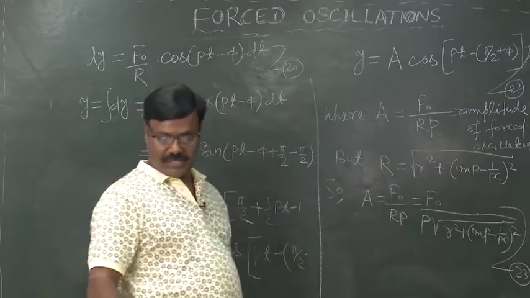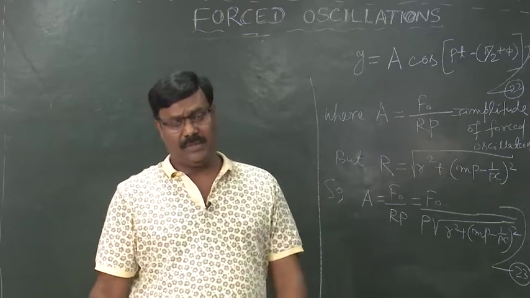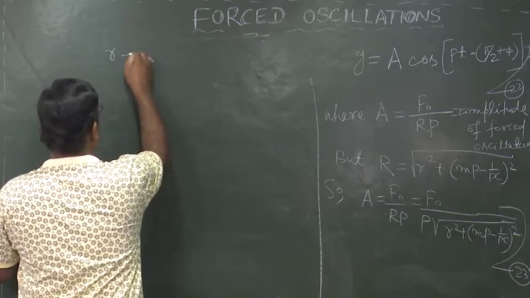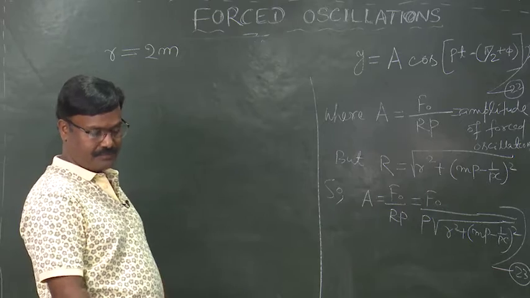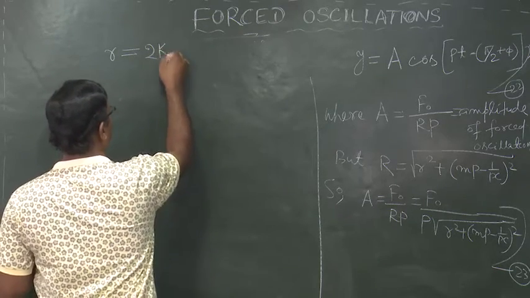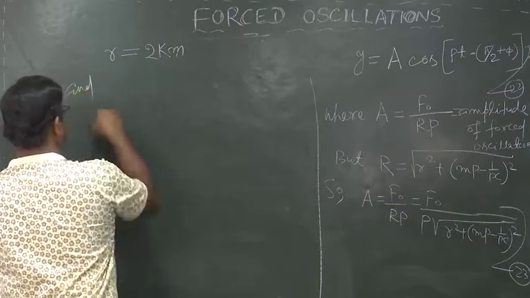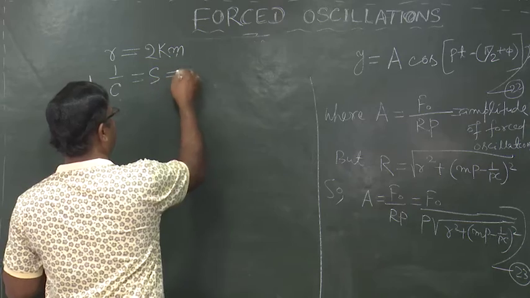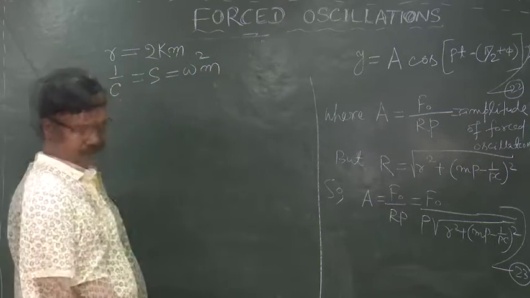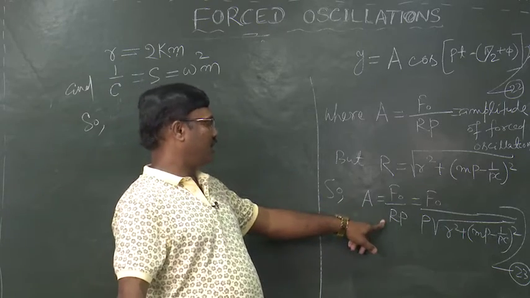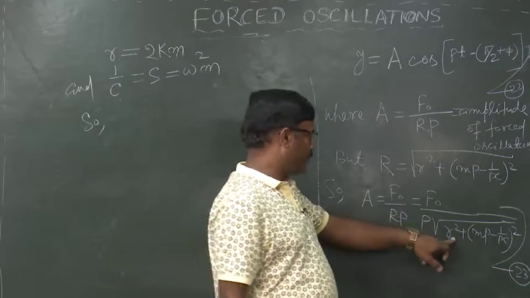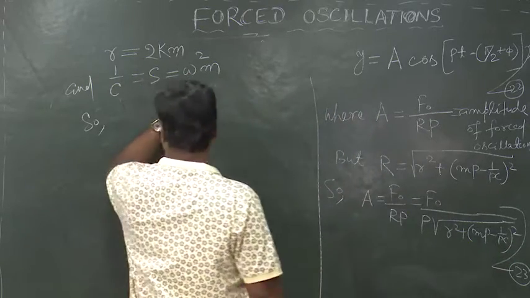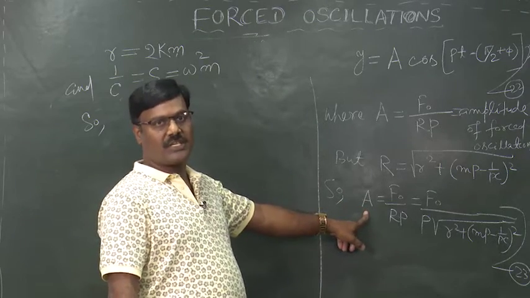Equation 23. From the beginning, where we have taken the first differential equation for forced oscillation, we have taken R is equal to 2km, and 1 by C is equal to S is equal to omega square m. The amplitude for forced oscillation now becomes, in place of small r we will write 2km, and in place of C we can write omega square m. So the expression for the amplitude of forced oscillation now becomes